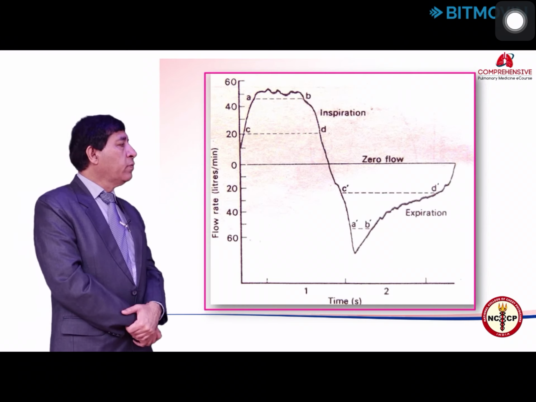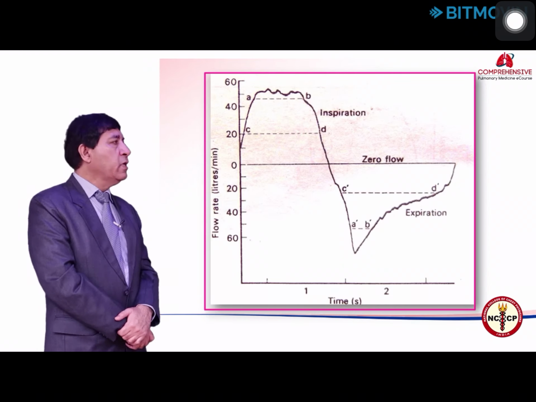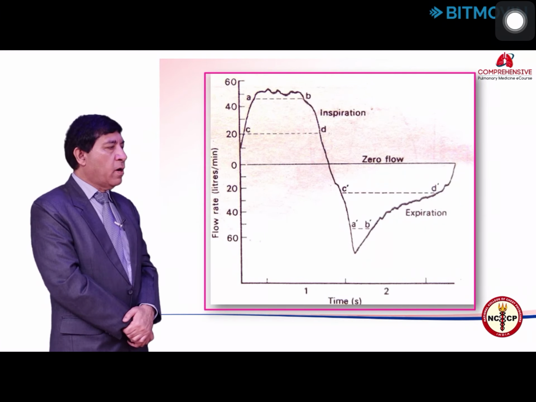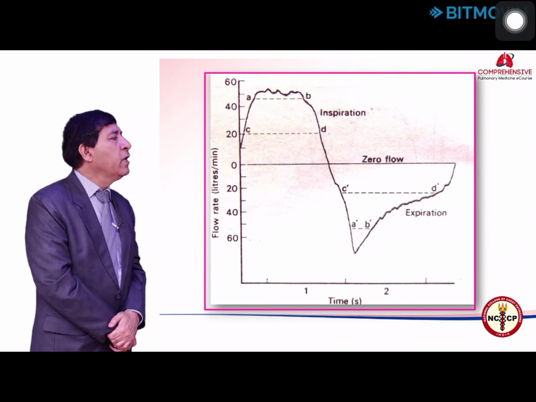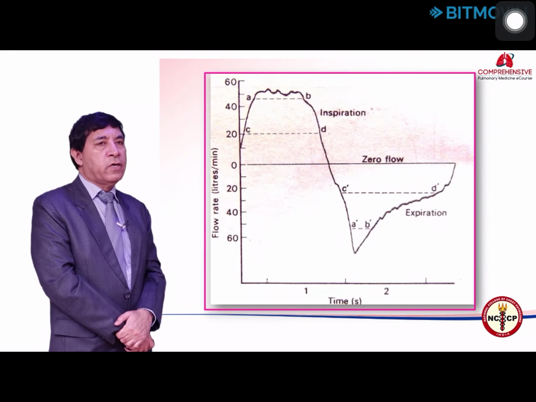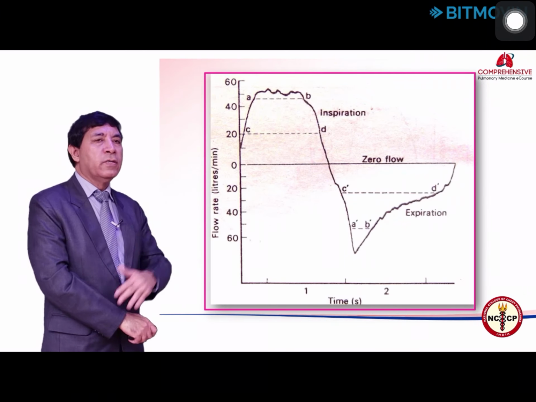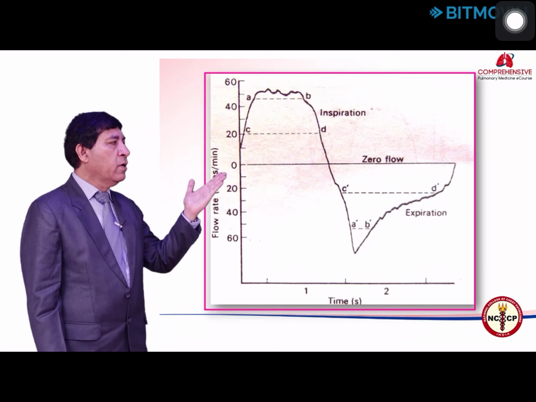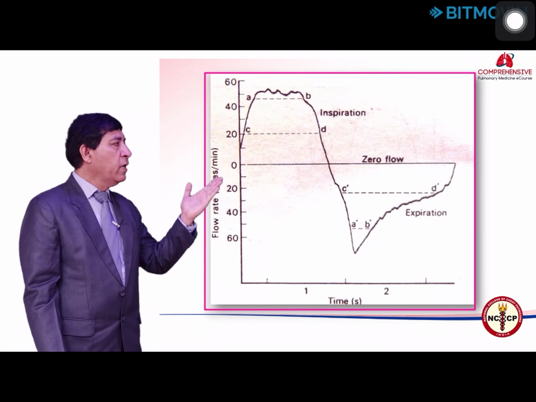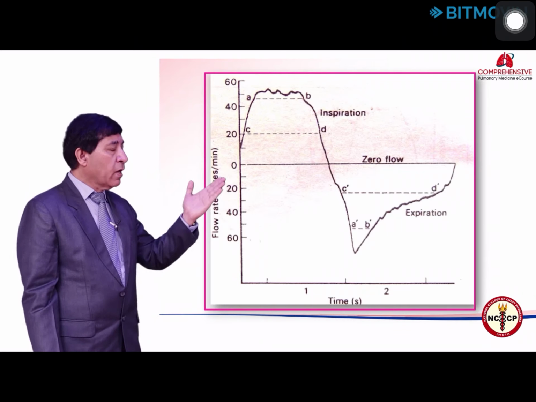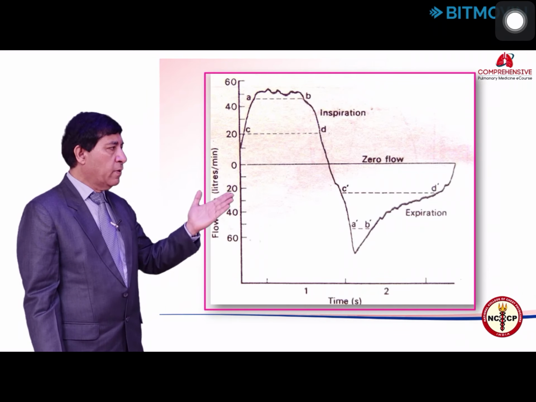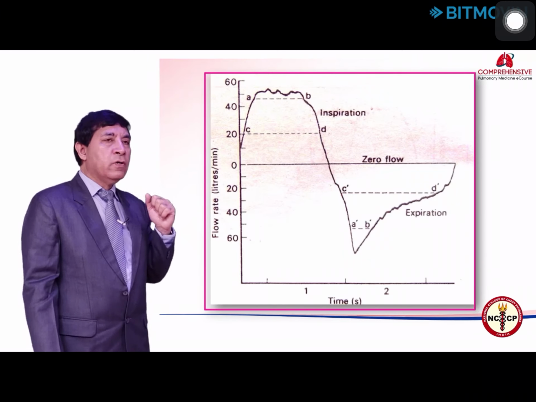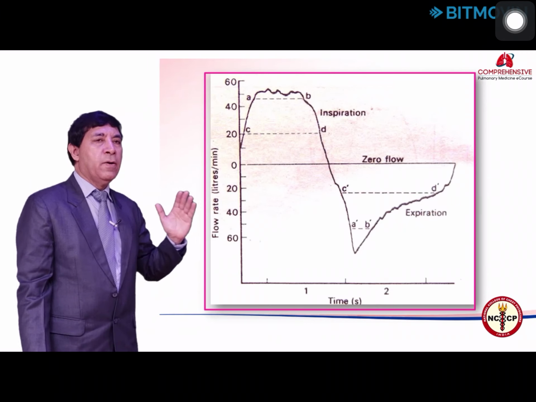From this diagram, you can see that this is a flow volume loop. On the upper part you have the inspiration, and on the lower part the expiration. You find that during inspiration the flow is more or less constant, and so the turbulence also remains constant. So if you put your stethoscope on the trachea, you will be able to hear most of the inspiration there. Similarly, in the expiratory part, the flow is very high during the early part of expiration, and then there is a decline in the flow. So the turbulence would depend upon the flow.